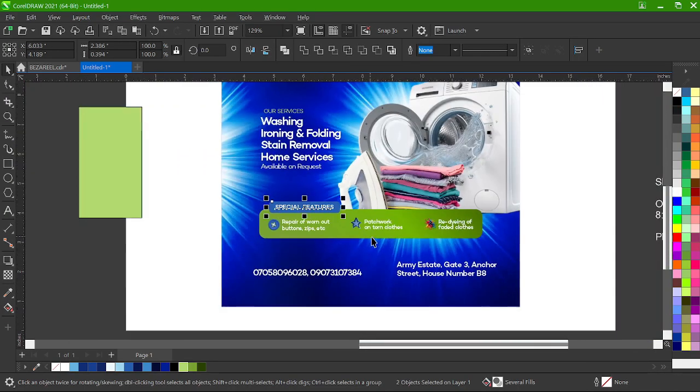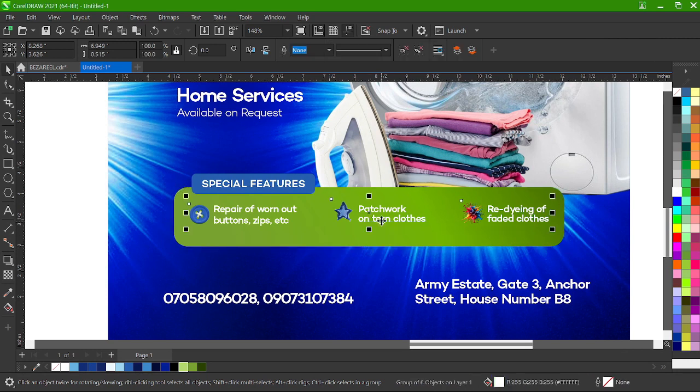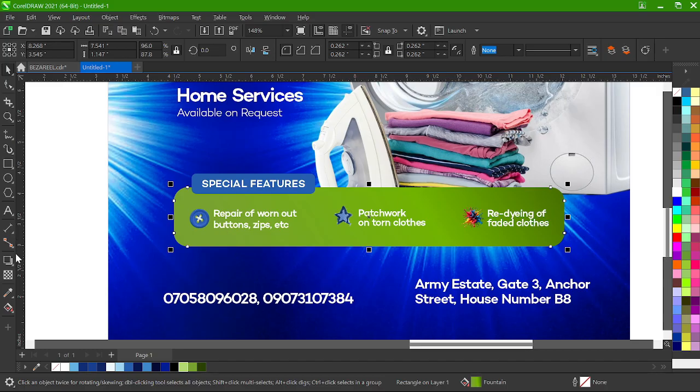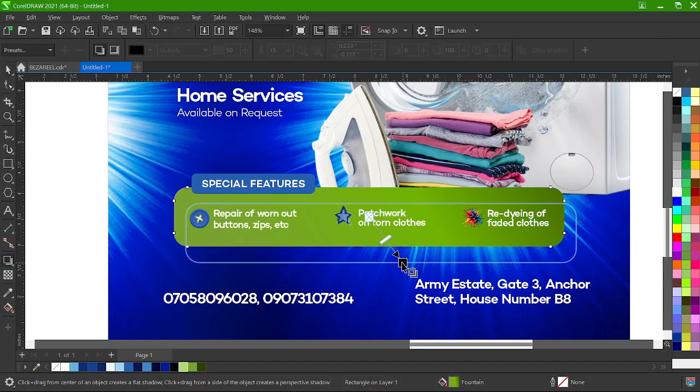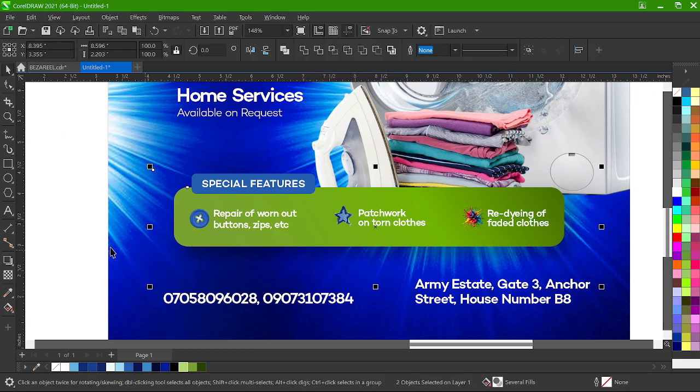Position this here. Okay, so let's increase. Alright, let's add a drop shadow. Reduce the transparency, increase the feather. Ctrl K to bring the shadow apart from